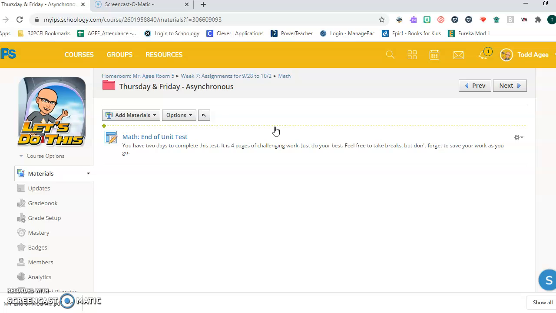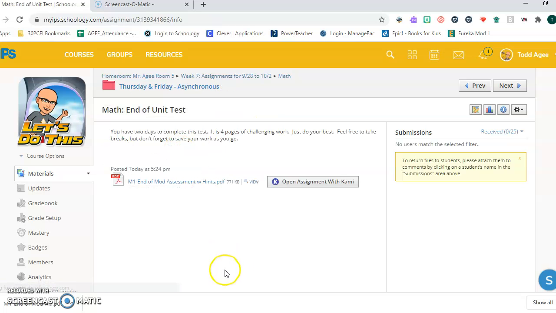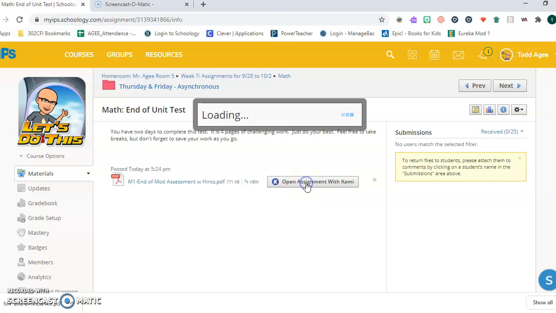And it is a 4-page test. In the classroom, we would take 2 full days of math to do this. And so I'm recommending to you to take 2 full days of math to do this. So as you click in to the end of unit math test, you've got to make sure you open the assignment with Kami,